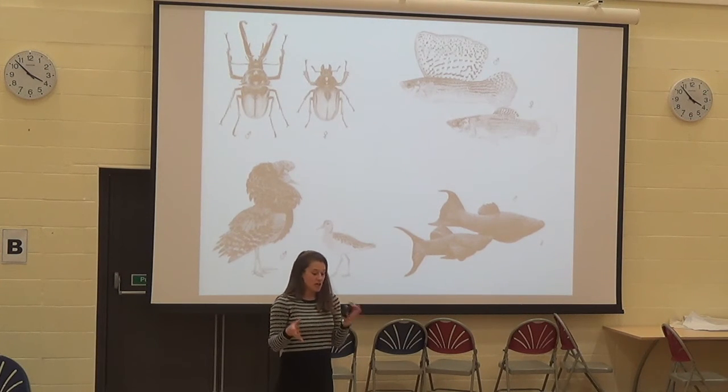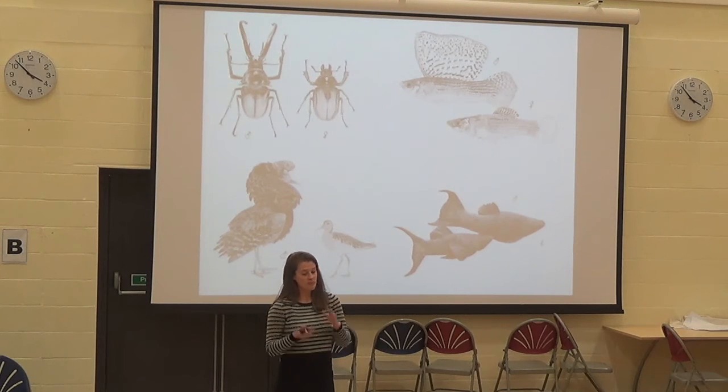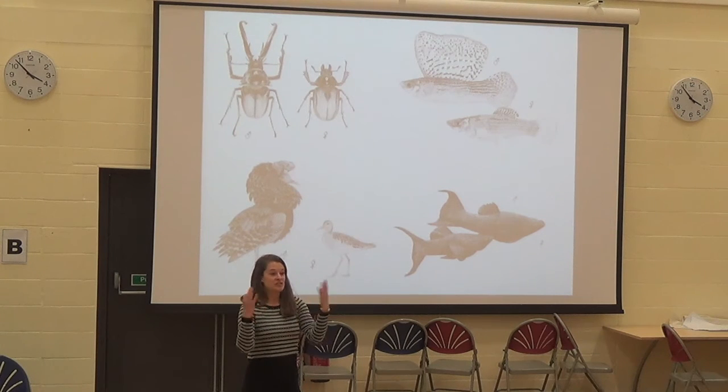So I'm really interested in understanding how and why these differences arise. Specifically, I'm first interested in understanding the mechanism by which sex is determined, so that trigger that determines whether an individual develops into a male or a female. But then also, once sex is determined and established, there's the potential for some individuals to be more attractive or more beautiful to the other sex than other individuals. And so I'm interested in trying to understand why that variation arises.